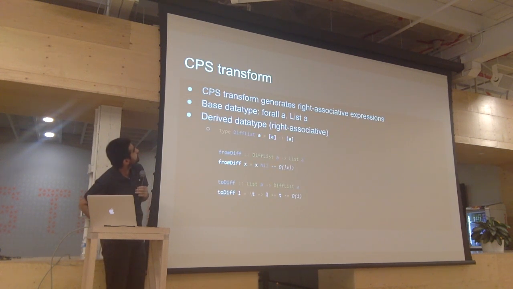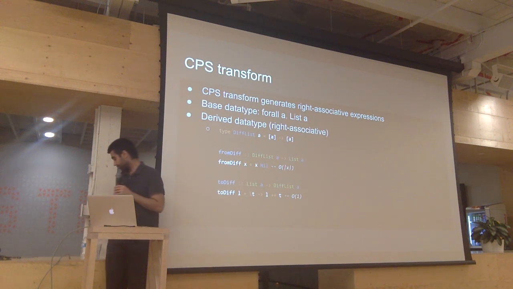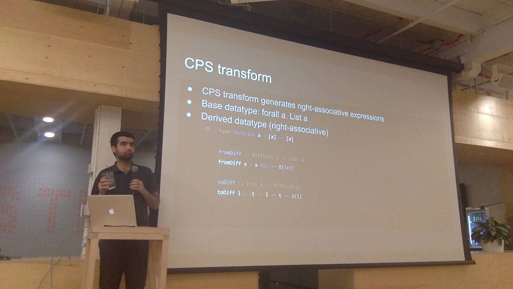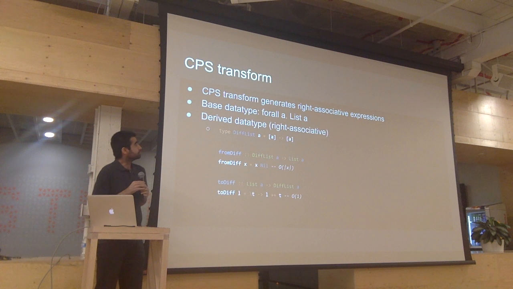Cool. So what is a CPS transform? How many people here are familiar with continuation passing style transform? Okay. I'm actually not going to talk about what it is and how to get into it. It's really cool for those who don't know about it. There are lots of different applications.